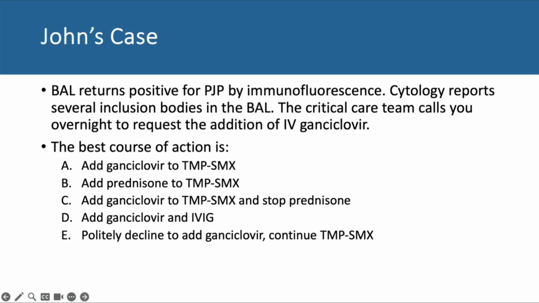Okay, this one's a little random. Can someone read this one? BAL returns positive for PJP by immunofluorescence. Cytology reports several inclusion bodies in the BAL. The critical care team calls you overnight to request the addition of IV ganciclovir. Best course of action is